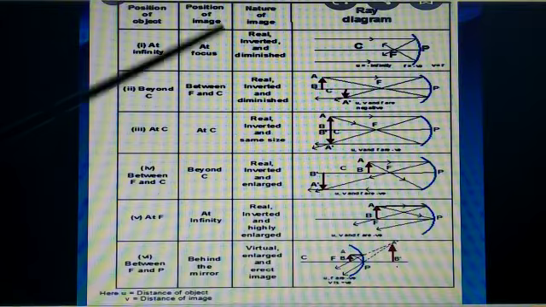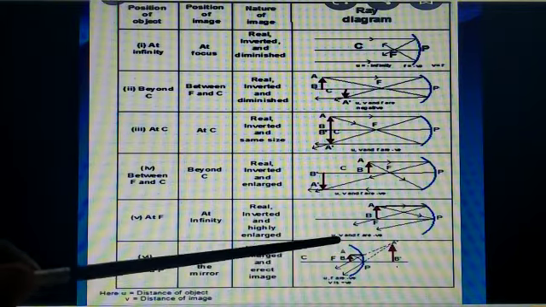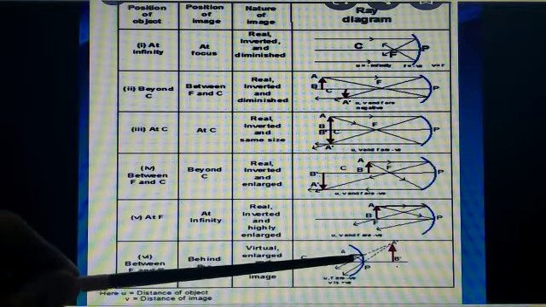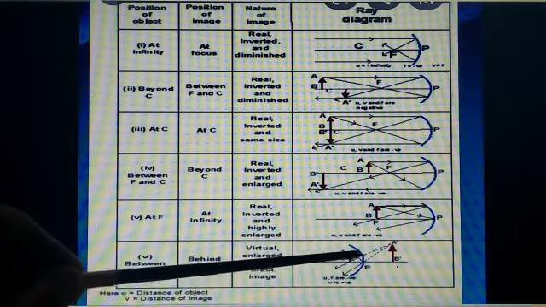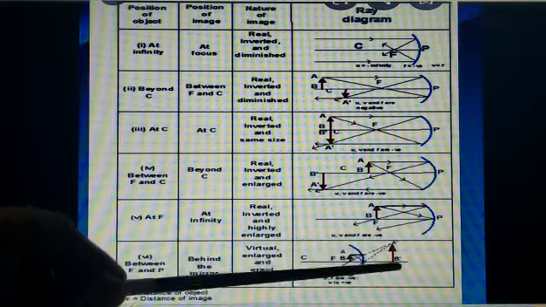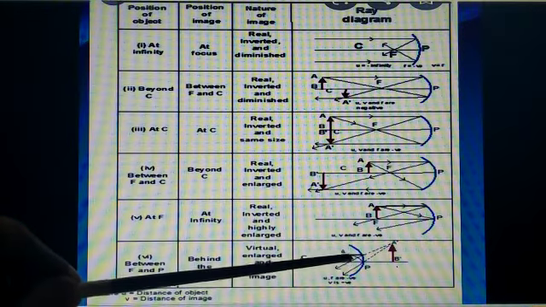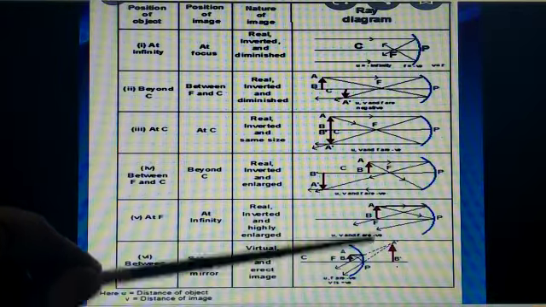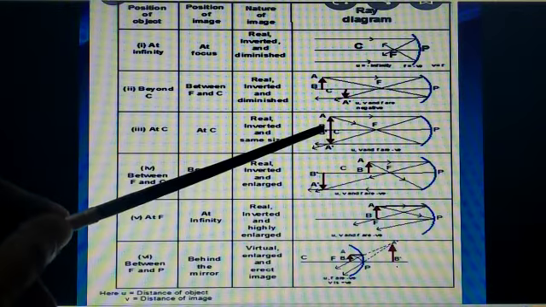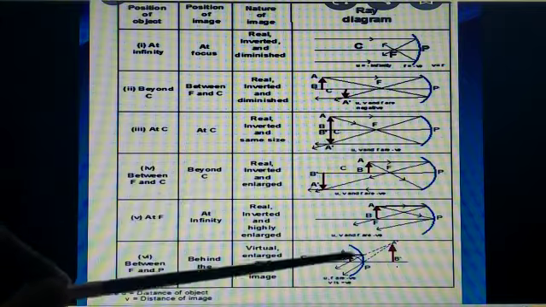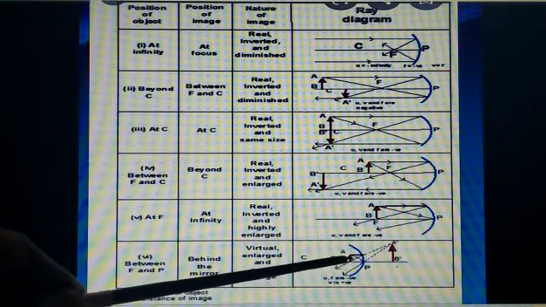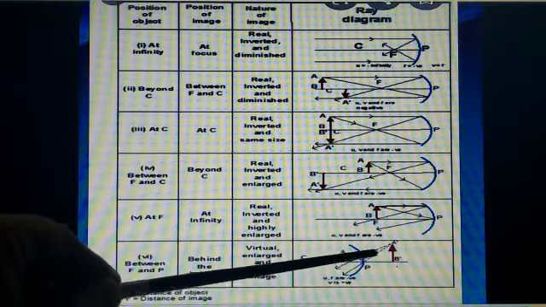These are the properties of the image formed by this spherical mirror, that means a concave mirror. Only in one case do we get the virtual, enlarged and erect image, that is if we place the object between F and P. Remember this point, okay? To get the same size, we should place the object at C. To get the enlarged and erect image, we should place the object between F and P.